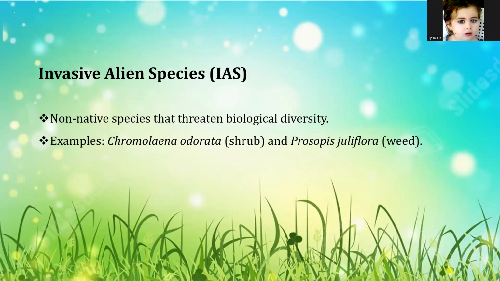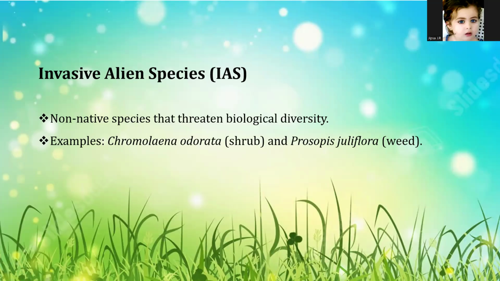Why are they a problem? Invasive species often lack natural predators in their new environment. This allows them to outcompete, alter habitats, and cause economic loss. Outcompete means outcompeting native plants and animals for food, water, and space. Alter habitat means making them unsuitable for local wildlife. Cause economic loss means particularly in agriculture, forestry, and fishing.